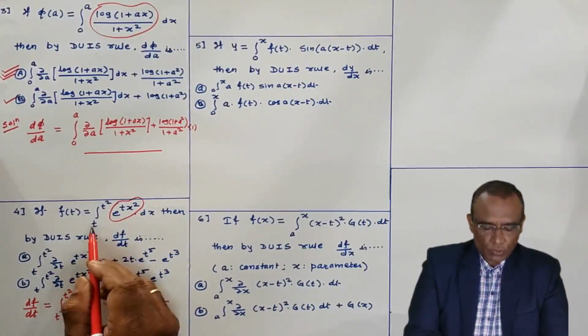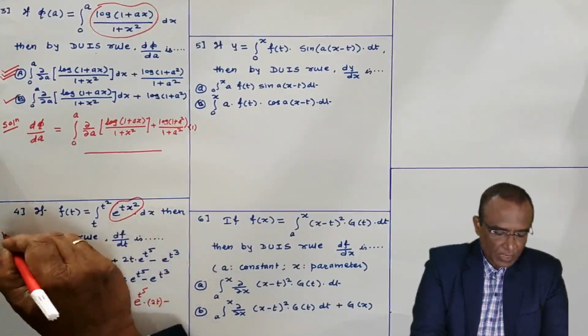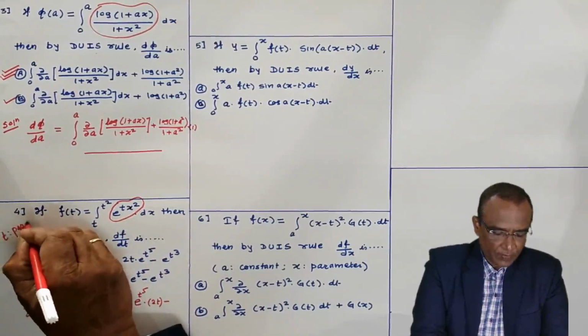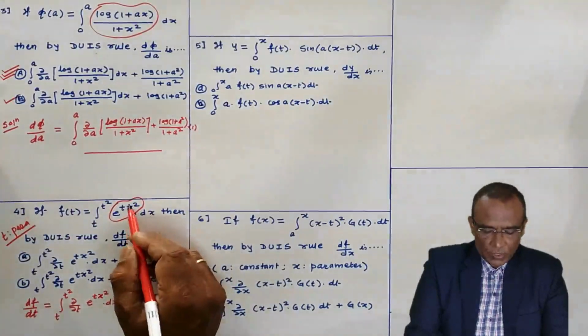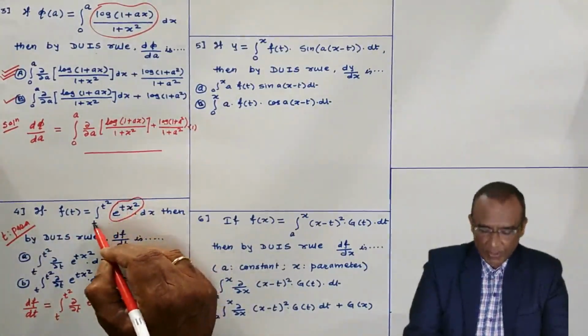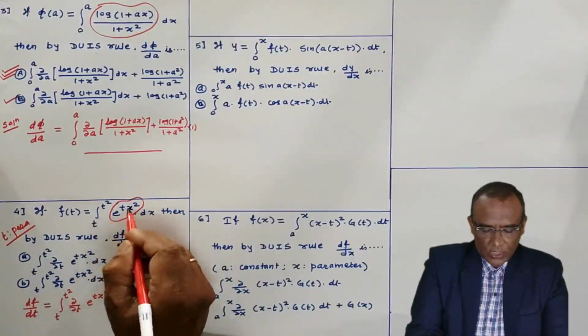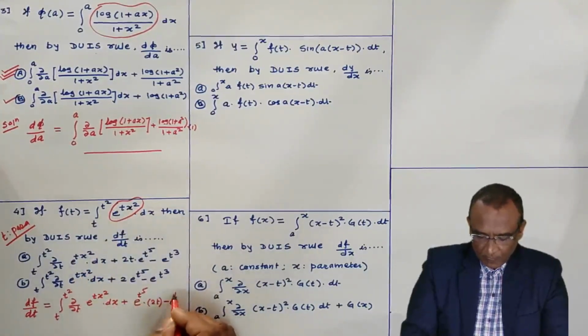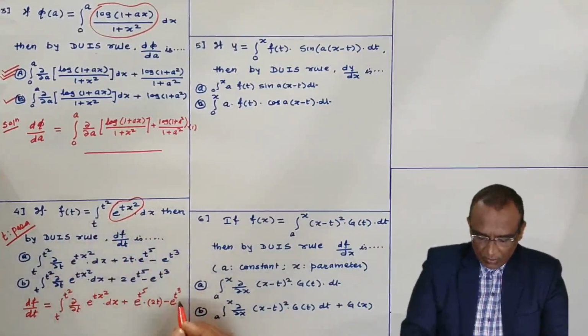The third term will be there because the lower limit is not constant. It is in terms of parameter t. T is the parameter that will be given in the examination, and x is the variable of integration. In the third term, in this function, put x equal to t, the lower limit, in the e to the power. If you put x equal to t square into t, it will be t cube. And the derivative of t with respect to t is 1.